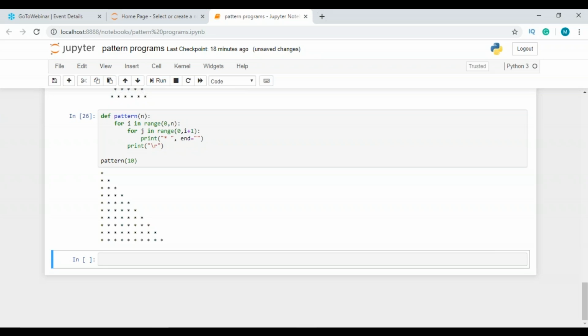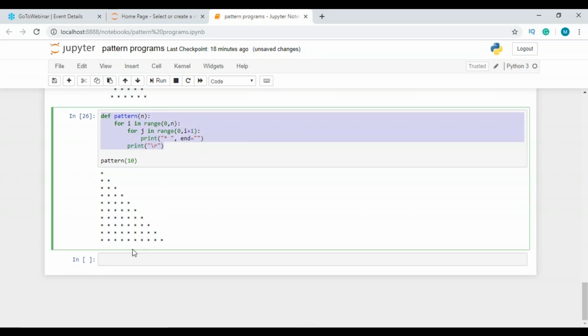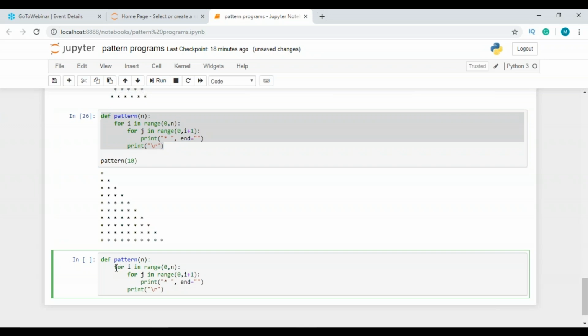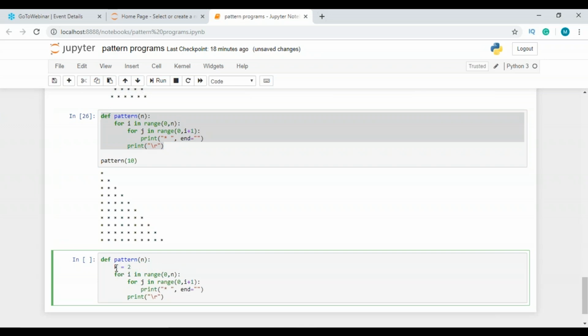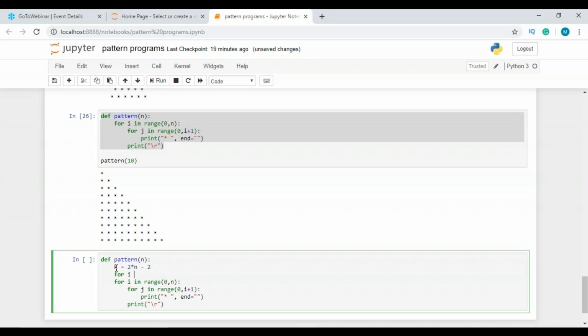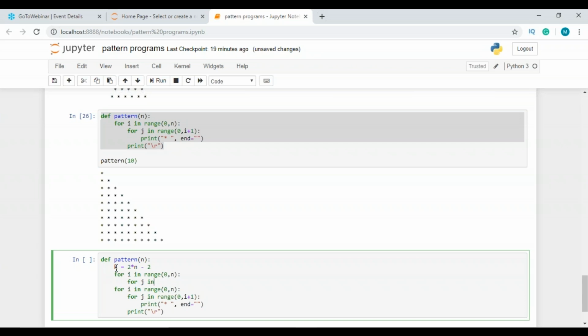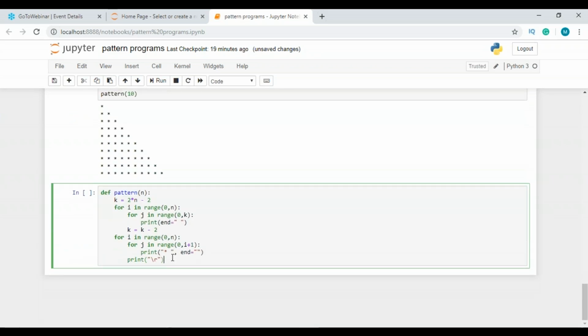For that you have to just add a simple code in which you specify the spaces, like we have done in the other programs also. So I'll just copy the whole code, paste it over here, and for spaces I'll have to take a variable k, and inside this I'm just going to specify 2 and minus 2. And after this I have to take one more outer rows loop, and inside this I'm going to take the range as it's going to go in the direction 0 to n. And for j in range, now this is where k comes into the picture, and I'm just going to print the spaces that I want. So I think we're done. I have to decrement the value of k as well. So when I call my pattern now,